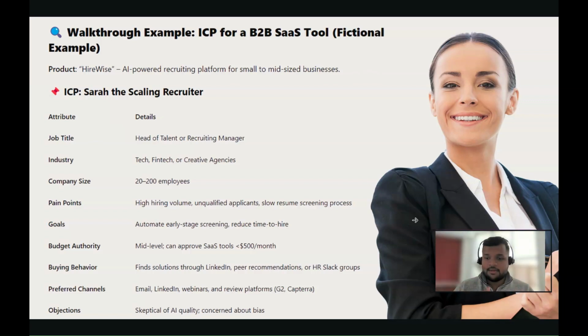So I hope that through this example, you are able to understand what an ICP looks like. In your assignments, you will have to build your own ICPs for the examples that you have selected or the ones that we have given. So make sure that you critically think through. I'm just putting this in this video so that when you watch it, you at least hear me saying this, because I don't get to meet you in a classroom.